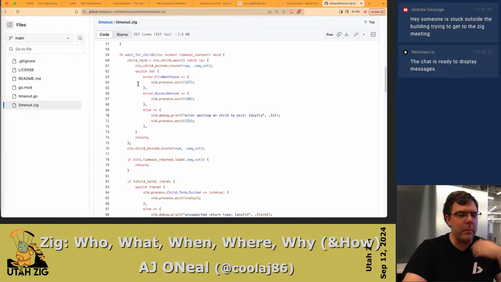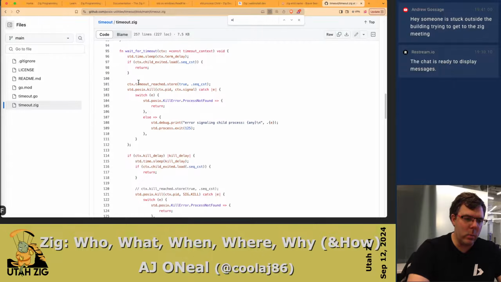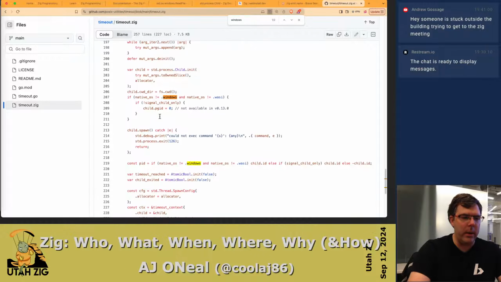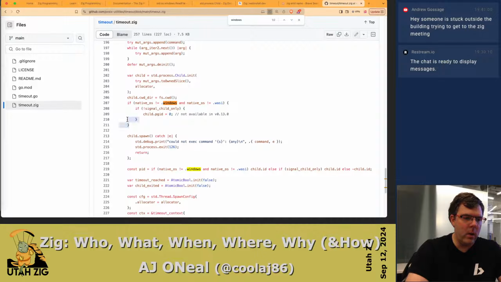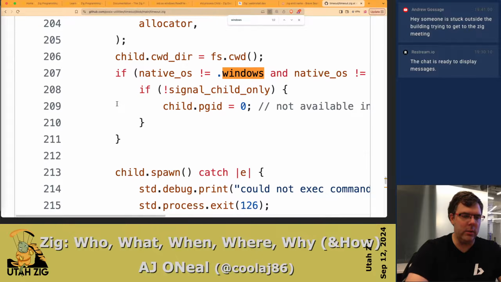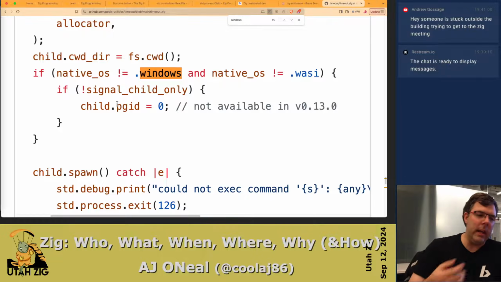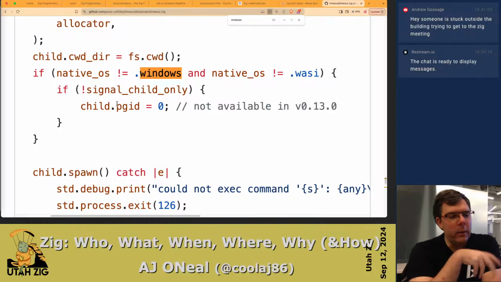Anyway, let me see if I can find an example in here, because cross-compiling is something that's really important to me. And I could have sworn maybe I took it out. Okay, there we go. Right here. Let me beef the size of this thing up so I can show you. In most languages, you have some sort of build tags or some pound define system or something. In Zig, it's a little bit freaky